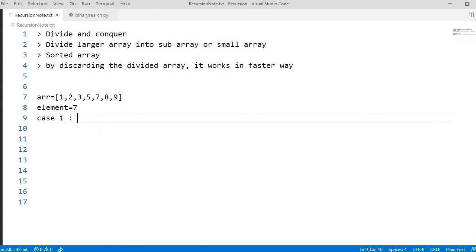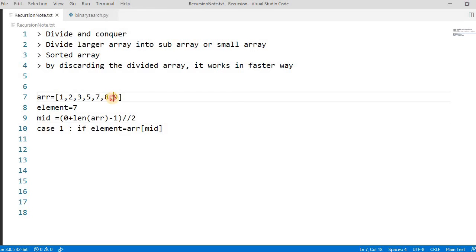In the first case, it checks whether the element is at the middle of the array, so it has to find the middle. How do we find the middle? By default it starts from 0, so the first value is 0, and the second value is the length of the array minus 1, because the length gives 1 more than the last index, and we take indexes from 0. Then we add 0 plus that value and divide by 2. This is the middle of the array. Suppose if it has 8 elements and it comes to 4, then it takes from the 3 onwards.